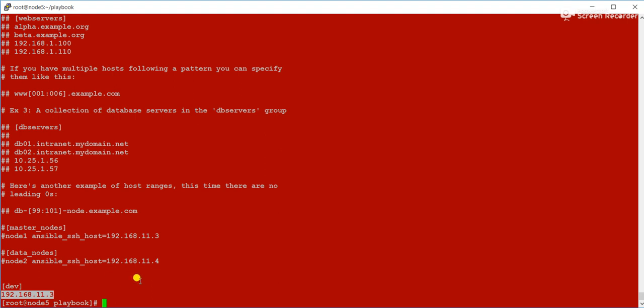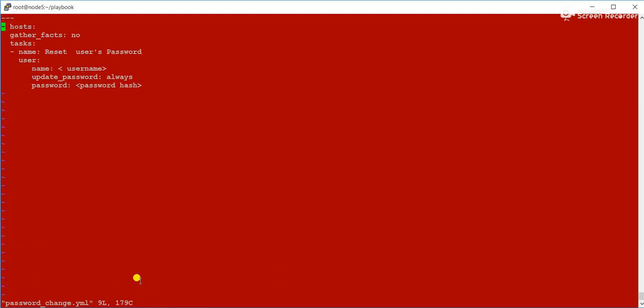Accordingly, in the hosts section, I will give the group name called dev. Then the tasks will start. Here we are using the module called user module.